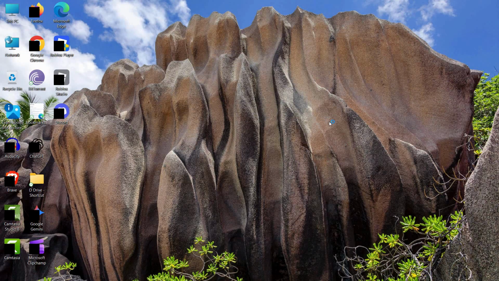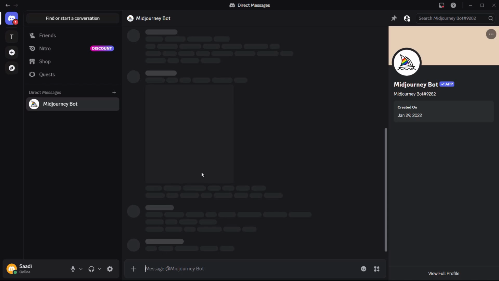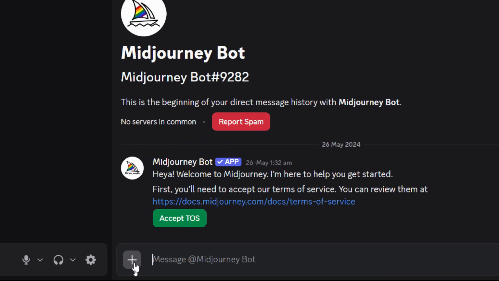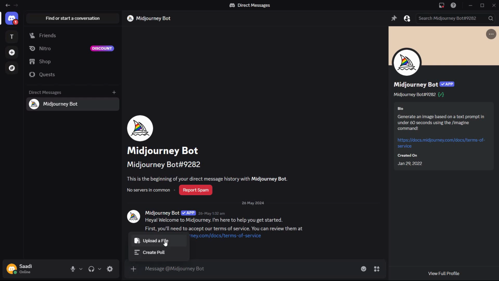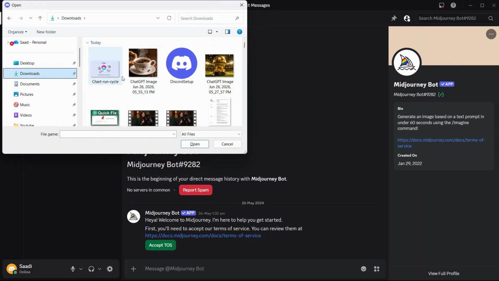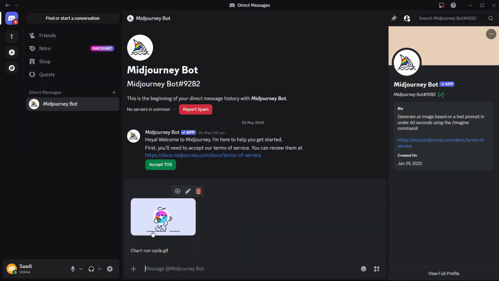Now open up the Discord application, and once we are in any specific channel, you click on this plus icon down here in the messages and then click upload a file. And from here you can locate the GIF images. In my case, it's in the downloads. Here it is. You choose that and you can open this up, and you will see the preview of this